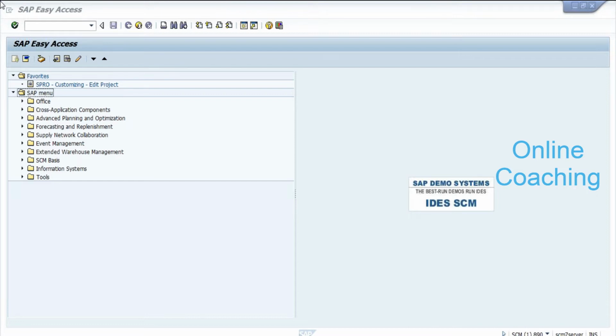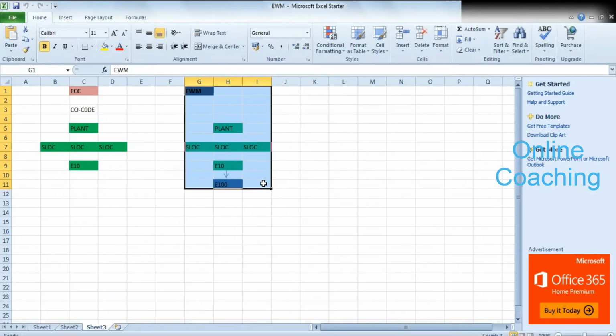So like we said, we've got this warehouse in EWM. This is the structure, should I say the org structure of a warehouse in EWM. We've actually not completed the entire org structure, because over here we are only talking about the plant, the storage location, and the intermediate warehouse and the final warehouse within EWM. But apart from this, inside the warehouse in EWM, we've got certain other structural elements, and those elements would be